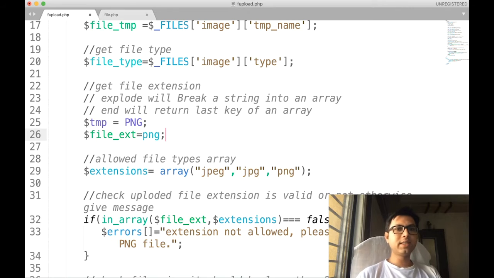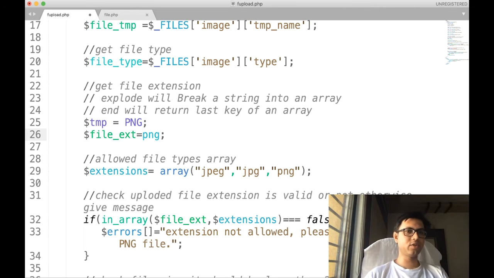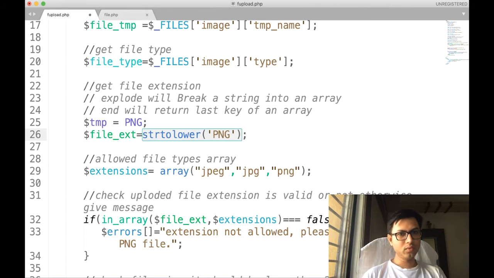So we can check whether the extension given by the user is a valid image extension or not using limited criteria of checking. Let us undo the things.